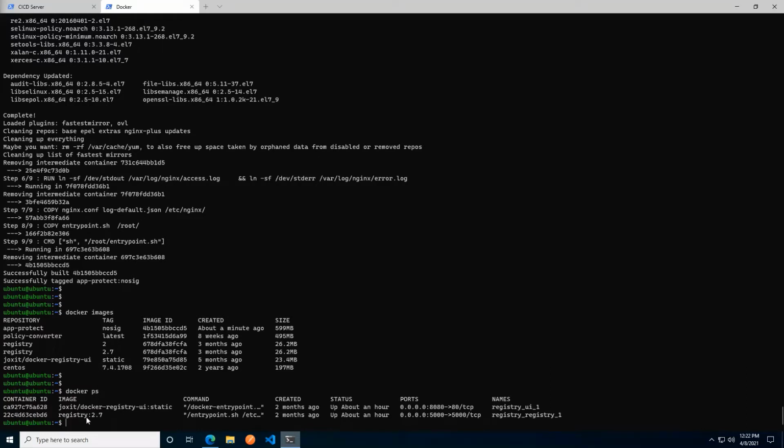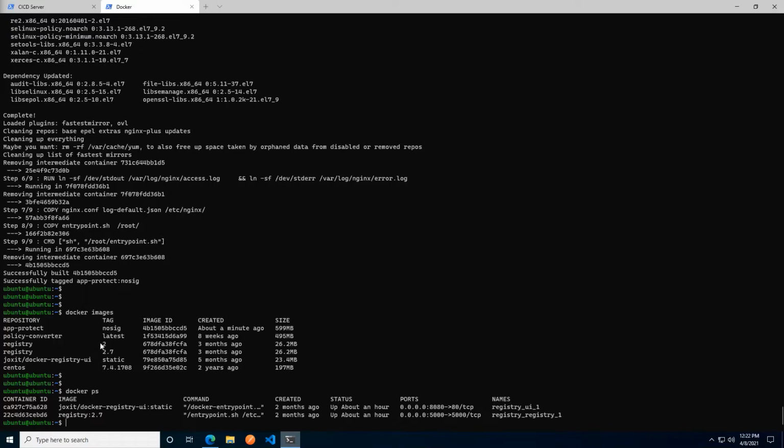So the bottom one here, registry 2.7, is Docker's own registry container, which contains our Docker images. And the one up top here is simply a web-based user interface for said registry. We're actually not going to touch upon the user interface. There's a couple of places in the lab guide where you can. We're not going to bother with it for our lab today.